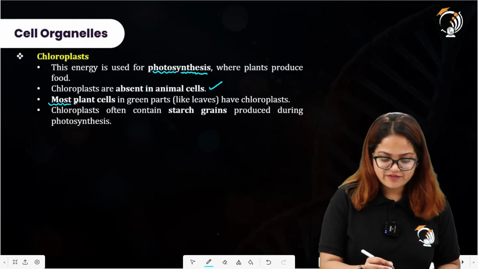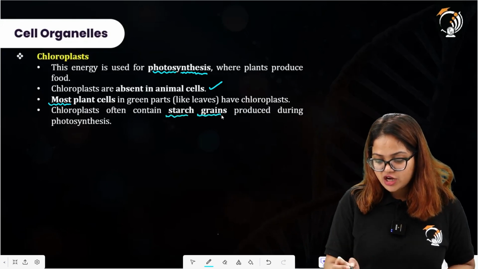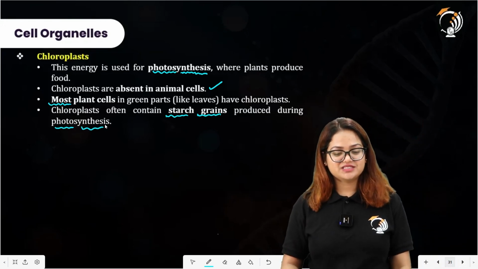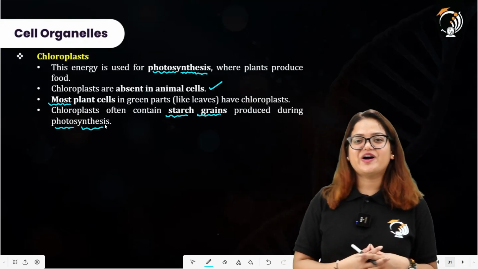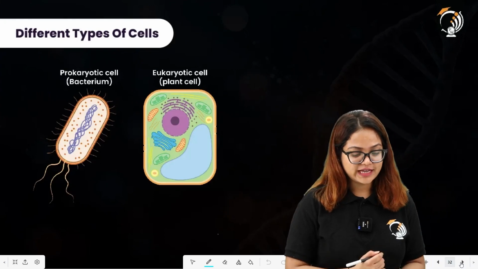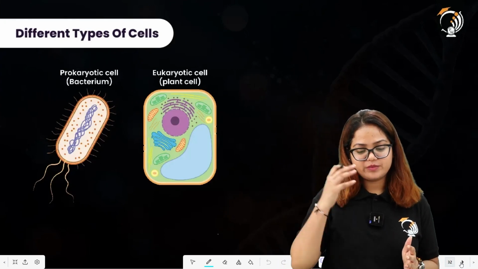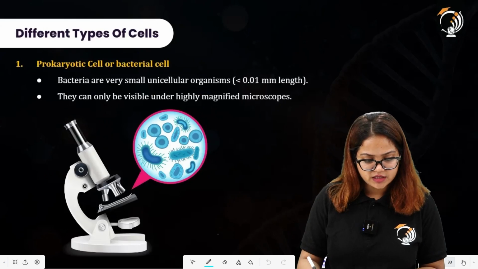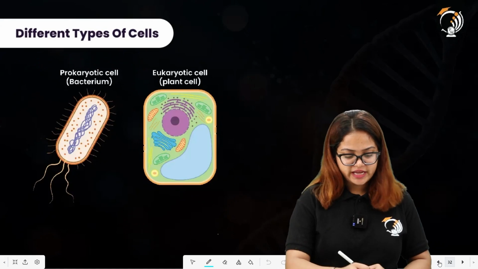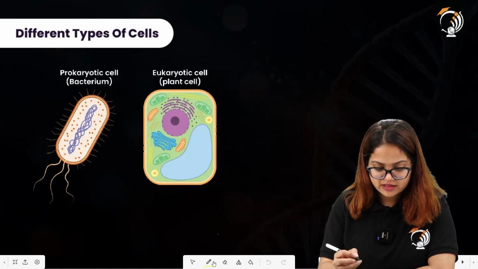Then we have chloroplast, which often contains starch grains produced during photosynthesis. Starch grains are produced since these are the stored form of carbohydrate, the product of photosynthesis. Now we have the different types of cells: the prokaryotic cell and the eukaryotic cell. We have certain pointers for these, and prior to that, let me help you understand